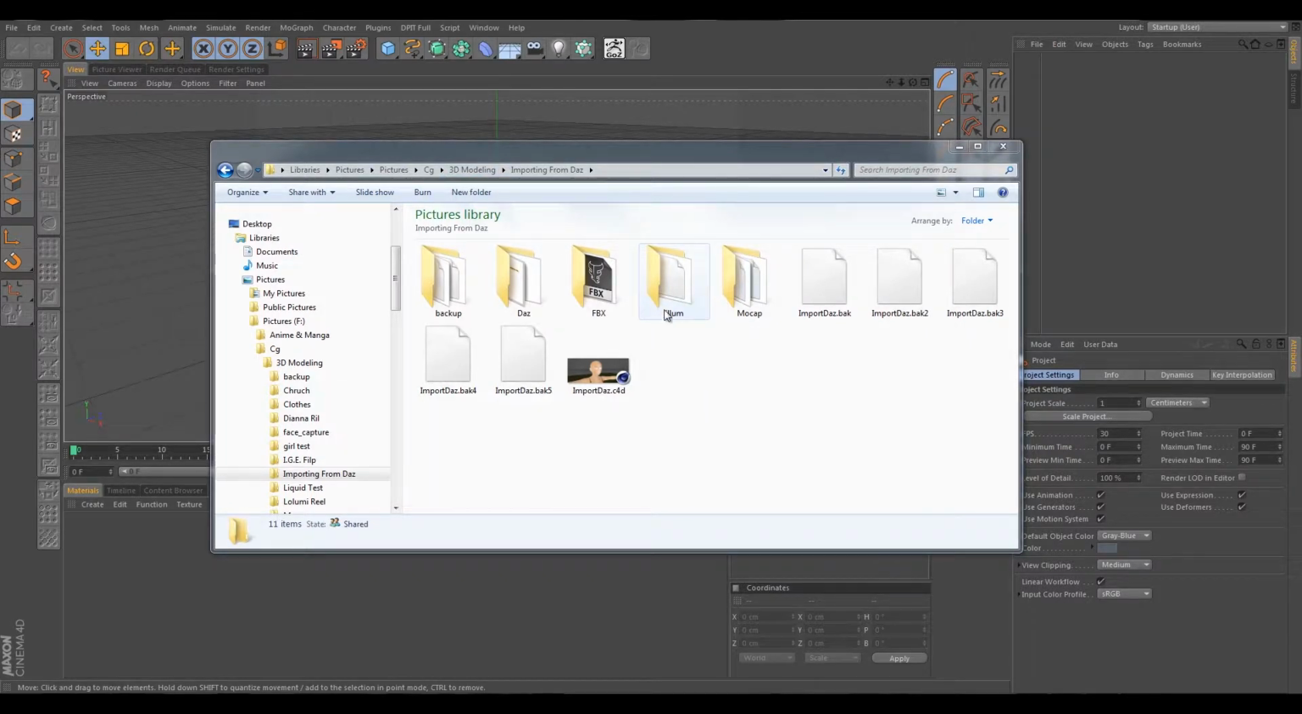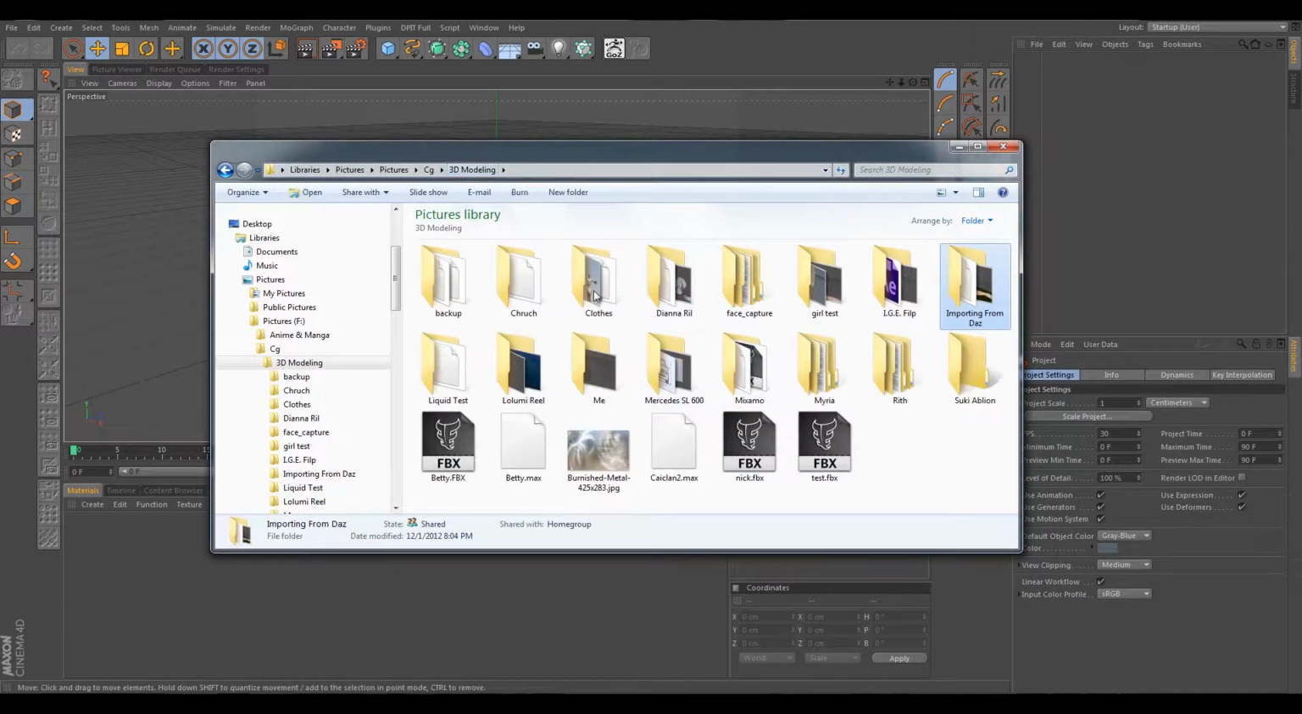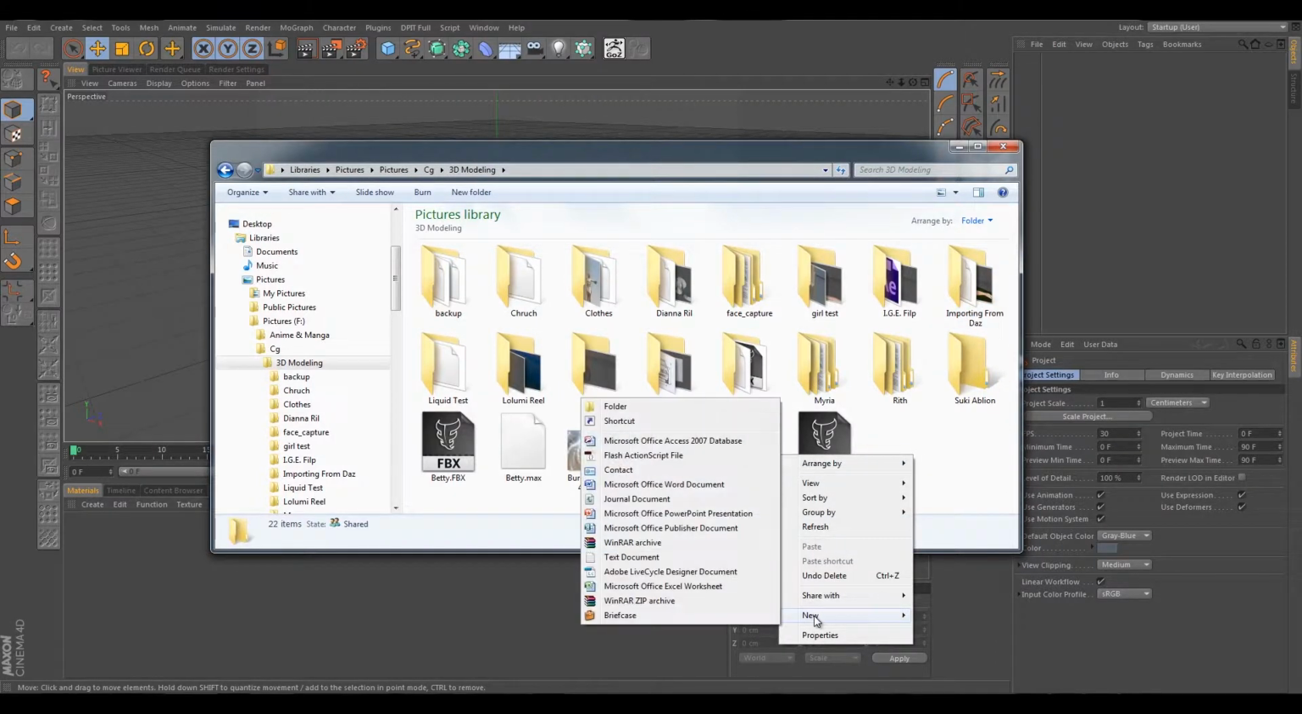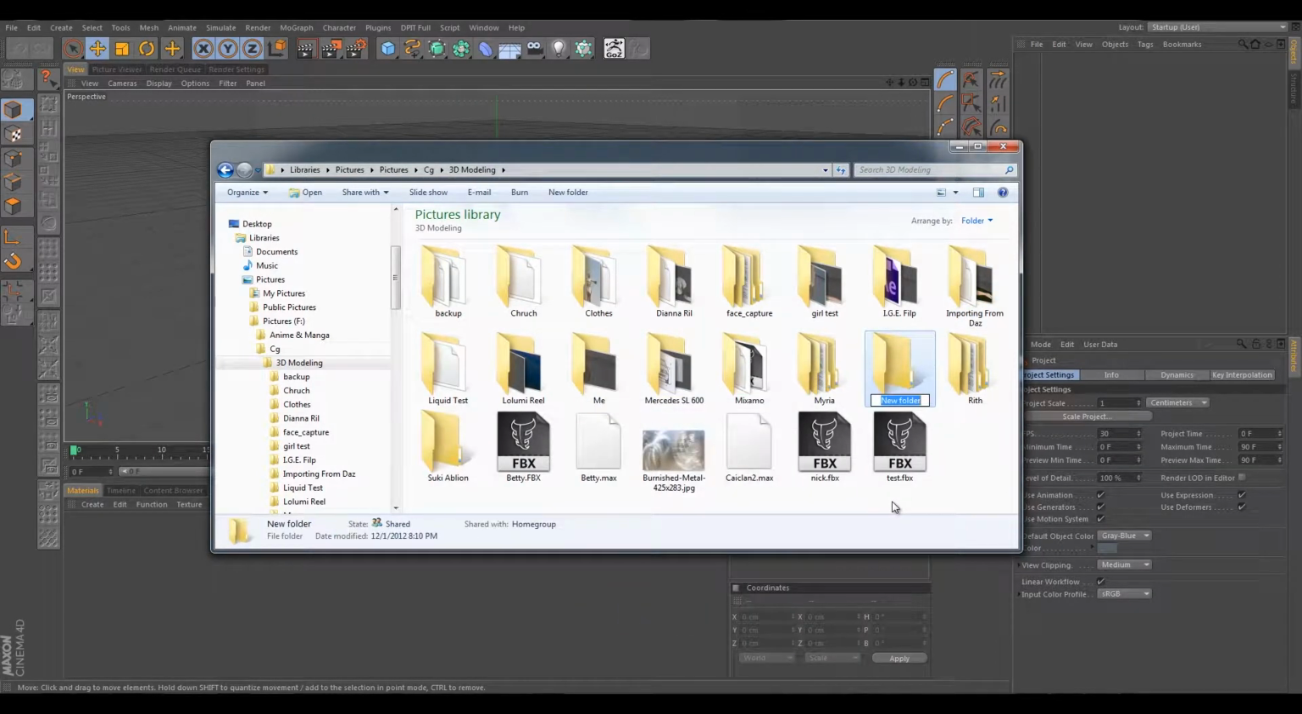Usually what you'll want to do is create a project folder named after whatever your project is, and then in there you'll probably want to create an assets folder, and within that, a folder for each of your characters or something like that. What we're going to do here is go back to the 3D modeling folder and create a new folder and call it Testa,